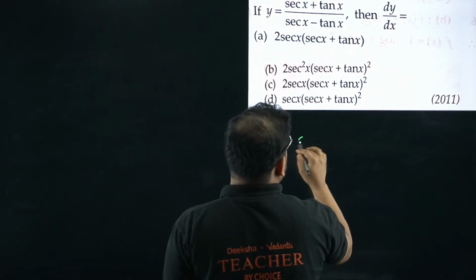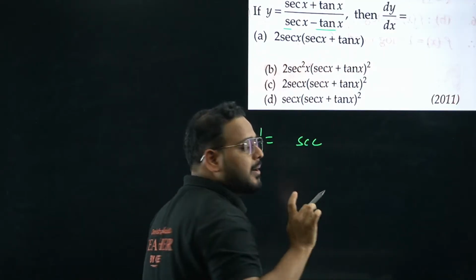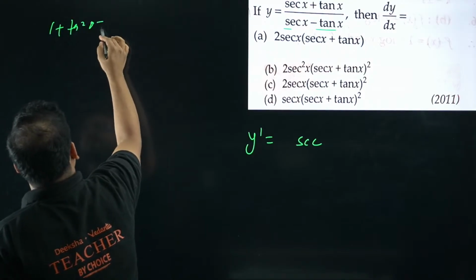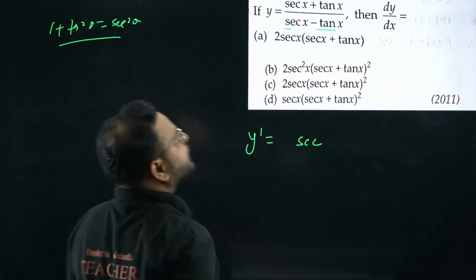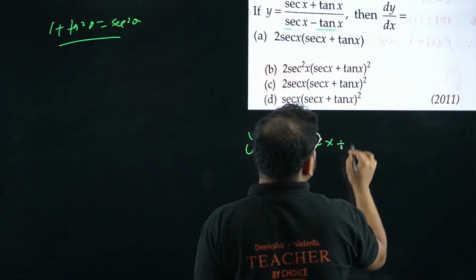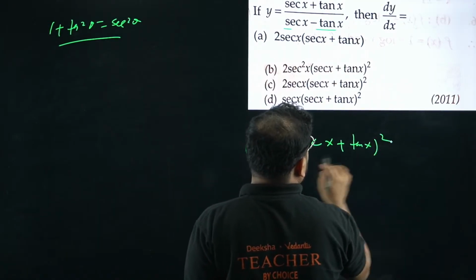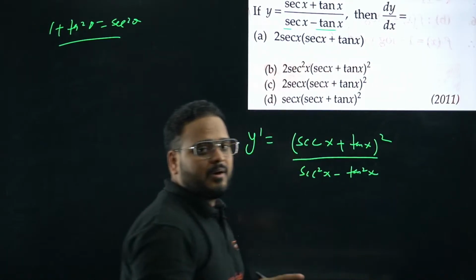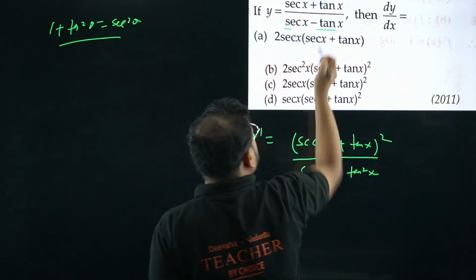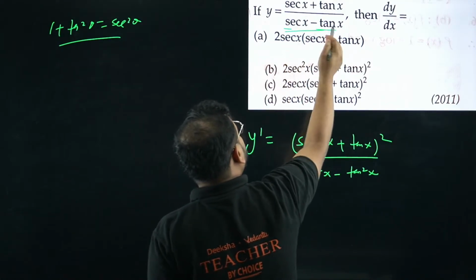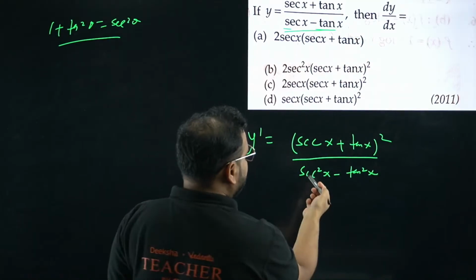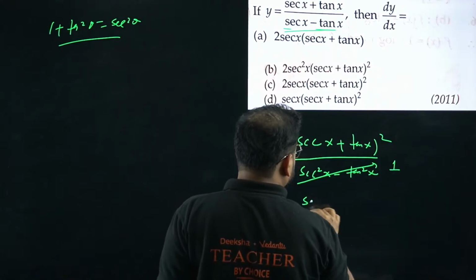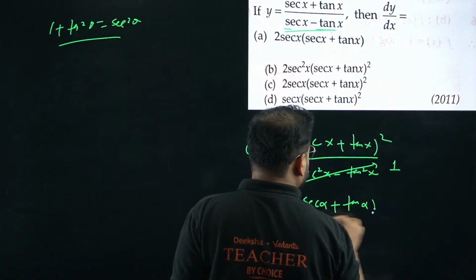Simply rationalize it. Why can we do that, sir? Because we have sec minus tan. If you rationalize, it will become simply 1, right? The formula 1 plus tan square theta equals sec square theta, we can use this formula. So we'll have sec x plus tan x the whole square divided by sec square x minus tan square x. How are we doing this? By multiplying both parts with sec x plus tan x. So I have the formula a minus b into a plus b in the denominator, so I have a square minus b square. Please check, this will become 1. So I'll have over here sec x plus tan x the whole square.